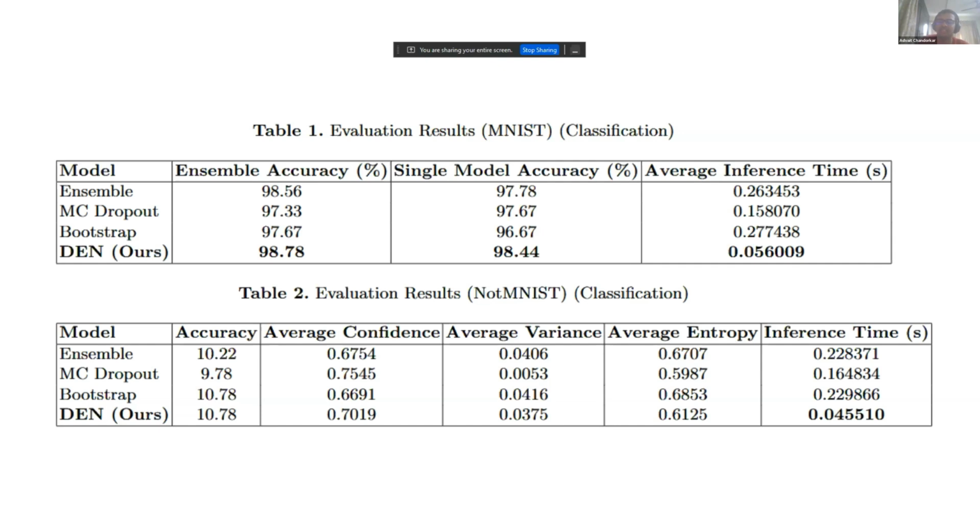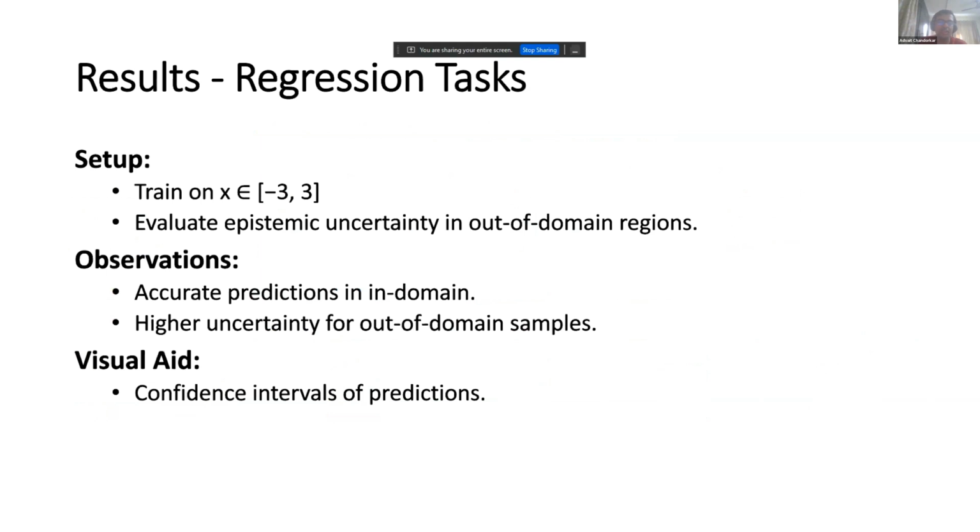But the average inference time of our model, as you can see, is 0.05 compared to ensemble at 0.2, Monte Carlo at 0.1, and bootstrapping at 0.2. Similarly, for notMNIST during inference, the inference time is almost one-fourth, or sometimes 6 times faster than the normal